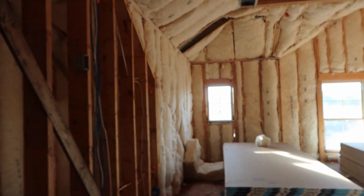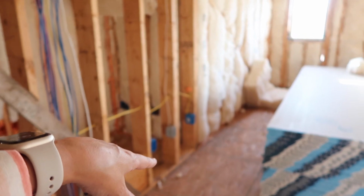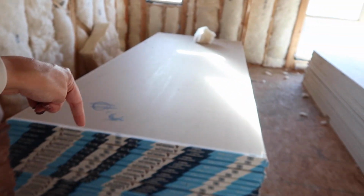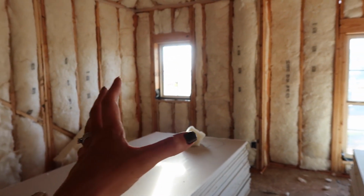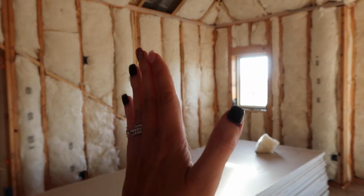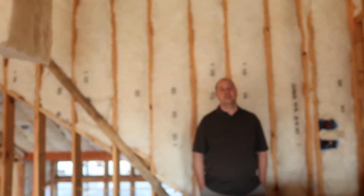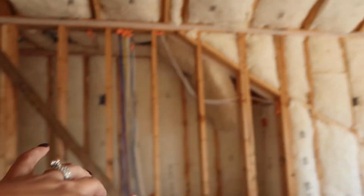So this is the media room, and I will say this room is huge on its own, right? But I had them create the mudroom space downstairs, which is right below here. I had them push pretty much this whole part of the house forward another 4 feet to create that mudroom space. So this wall actually got pushed out further. It should have been over to here, so then this wall wasn't as big. So we gained a ton of space up here just by doing that. And I think the upstairs ceilings are 9 feet when they're not vaulted. I'm not quite sure, but